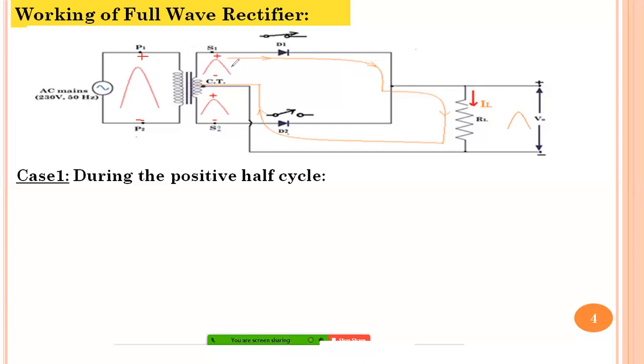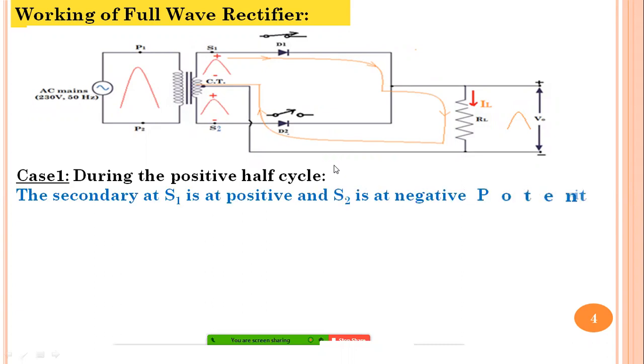So here at this instant, what do you find? We find that S1 is at a positive potential. At the same time, S2 is at negative potential. So where does the positive voltage go? To the anode of diode D1, whereas at the same time, the anode of diode D2 is held at a negative voltage. Therefore, diode D1 is in the forward bias condition and D2 remains in the reverse bias condition. As an effect, diode D1 turns on and D2 goes into the off condition, behaving like an open switch.